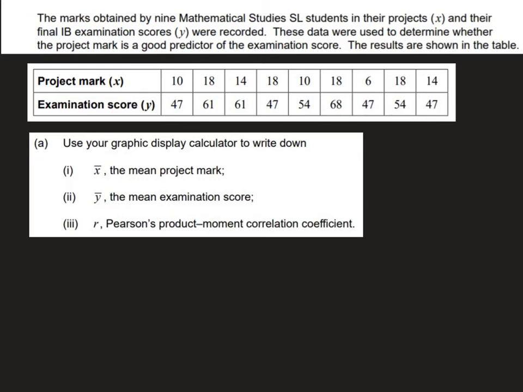Paper 2 kicks off with a question on stats. We are looking at 9 math study students, and their projects and examination scores have been recorded in this table here. We are asked to use the GDC to write down, which means you're going to be relying exclusively on your GDC, to calculate the mean project mark, the mean examination score, and Pearson's product moment correlation